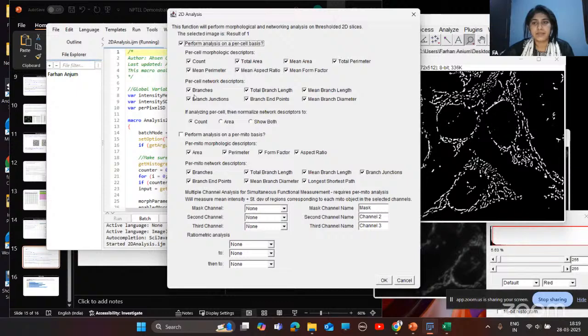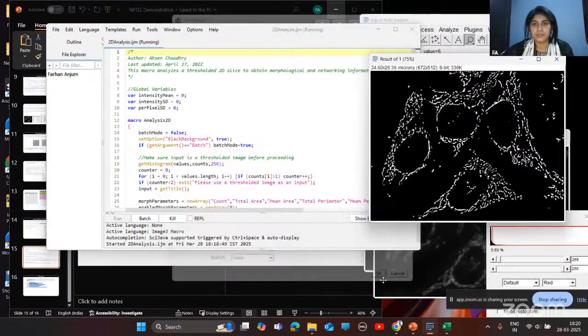And next, if you want to analyze the description of your mitochondrial branches, total branch length, mean branch length. So from here you can give all these parameters. And if you want to analyze area and perimeter on a particular mitochondrial branch basis, then you can select this option also. And from here we'll just click OK.